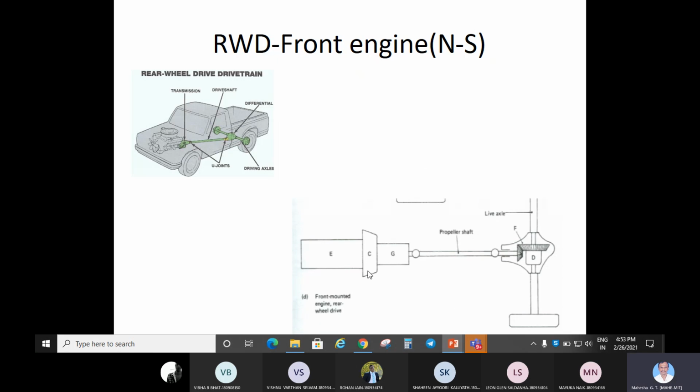I expect you to show this block diagram, not any of this type, a simple one. I expect you to show this pictorially and to briefly tell about each of the subsystems. Tell one sentence about the engine, one about the clutch, one about the gearbox, one about the drive shaft, propeller shaft, U-joints, final drive with bevel gearing to change the direction by 90 degrees, and differential: one sentence on why it is used, how it is fitted, where it is fitted, then half shafts, live axle. So this is what I expect you to do.